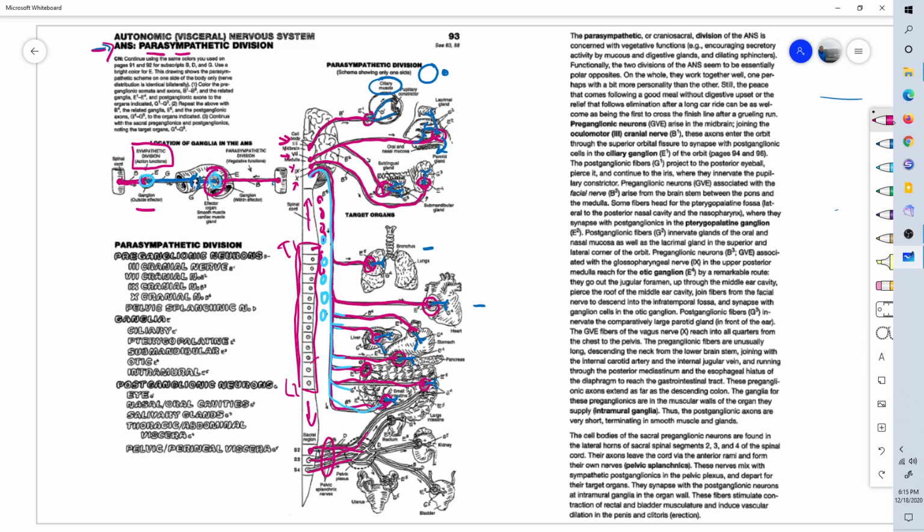Recall that the sympathetic system had splanchnic nerves. These are the same splanchnic nerves, and they're sharing their space with the parasympathetic system. And here you can see one branching off, a preganglionic,